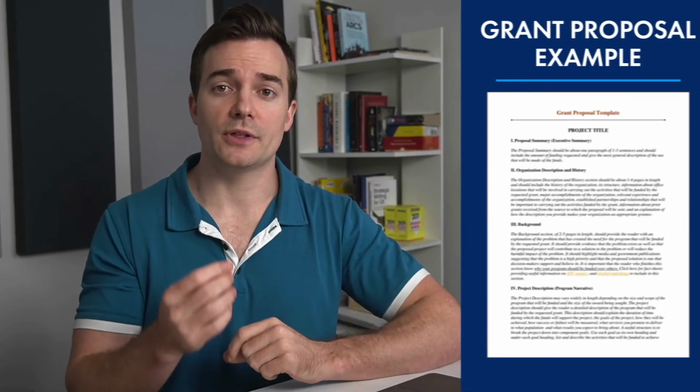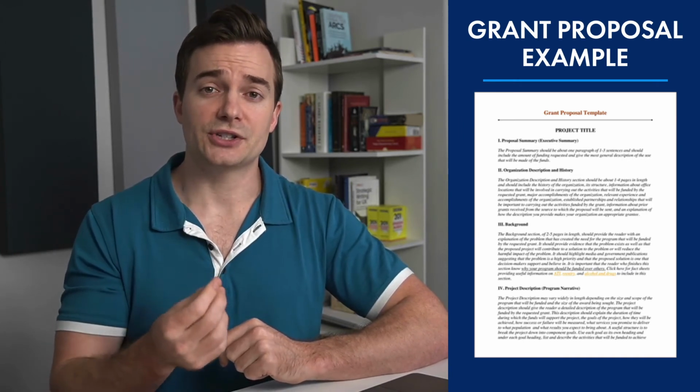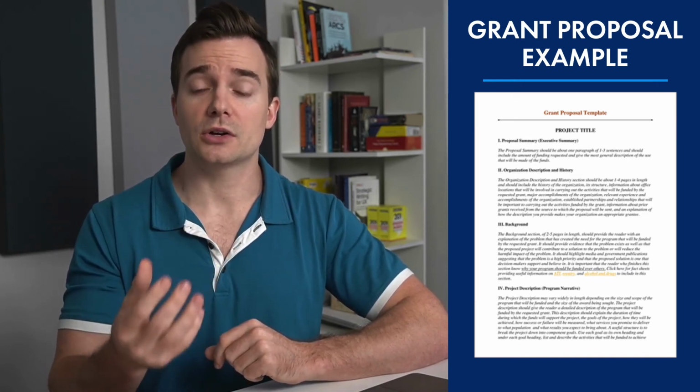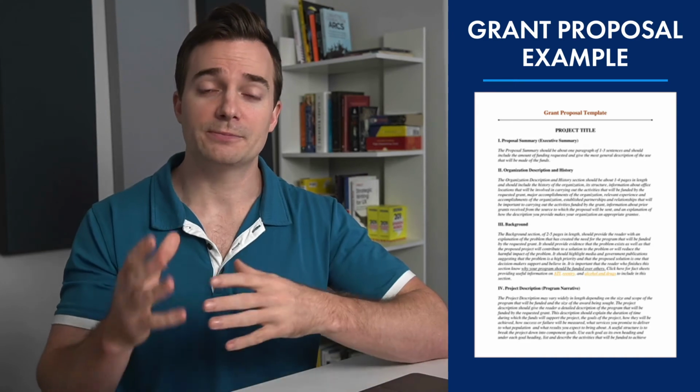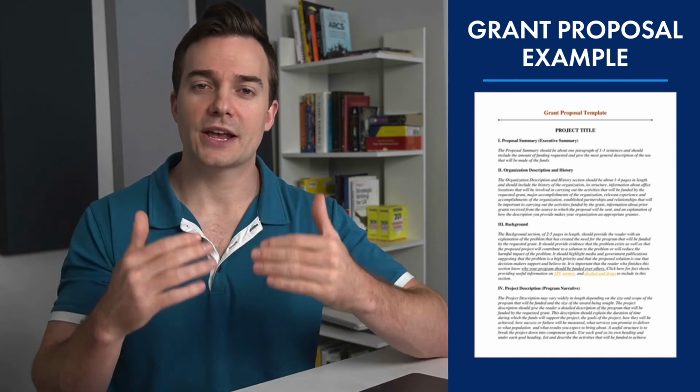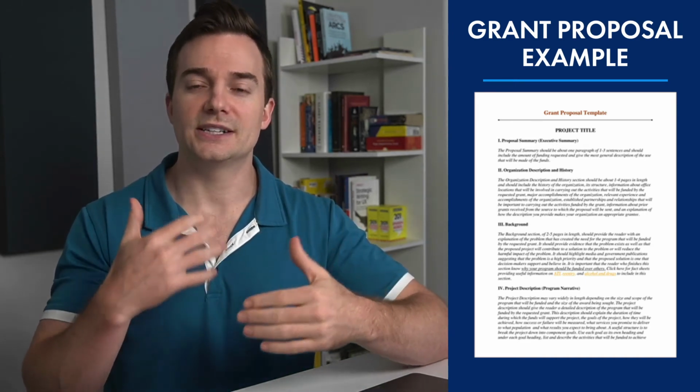And here's an example of the first page of a grant proposal. I took this template as a resource because it's a good depiction of what a typical grant proposal can look like. Now, it really does depend on the grant that you're applying for, so keep that in mind. These proposals can vary, but this right here is a very basic template to at least give you a tangible idea. And as you can see, the project title is at the top.